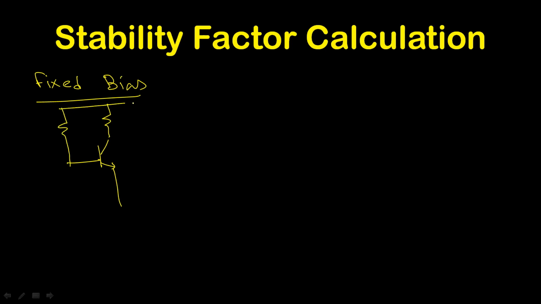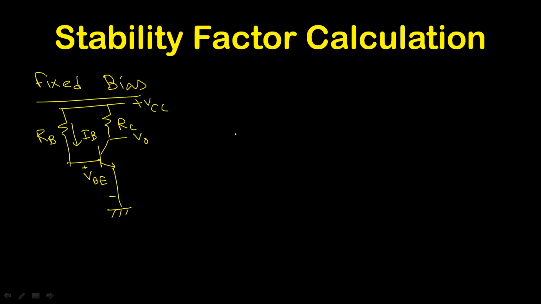That's the first circuit we are going to discuss. That is called a fixed bias. It is a very simple BJT biasing circuit, and previously I've already discussed that. This resistance RB is called the biasing resistance. And this is the output where the BJT is in the common emitter configuration. And this is the base current IB, and this is the base emitter voltage drop, and for silicon BJT, you know that is equal to 0.7 volt.